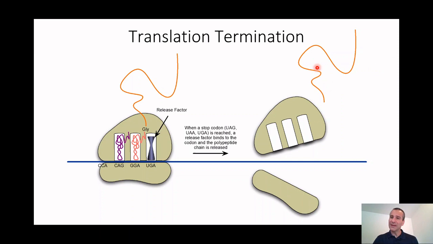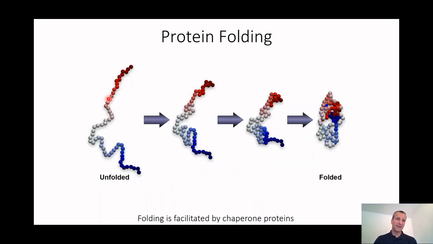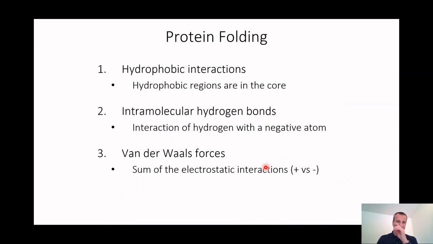Now we have this protein that's been fully synthesized, but it's not in the shape that it's going to be. So we have to fold it up. The folding is going to be made possible by chaperone proteins again. The chaperone proteins come in and help it fold based on a few rules. And those rules are that you're going to try and